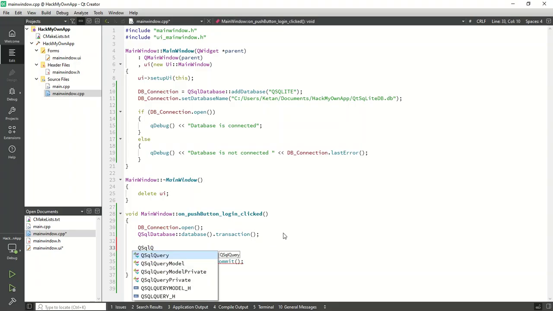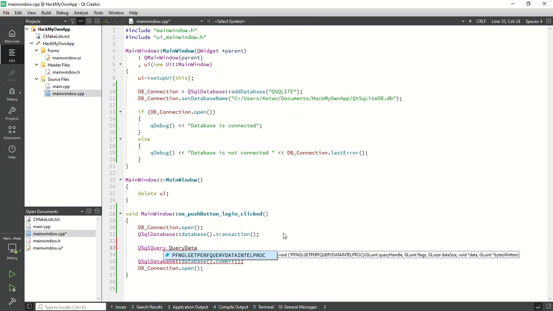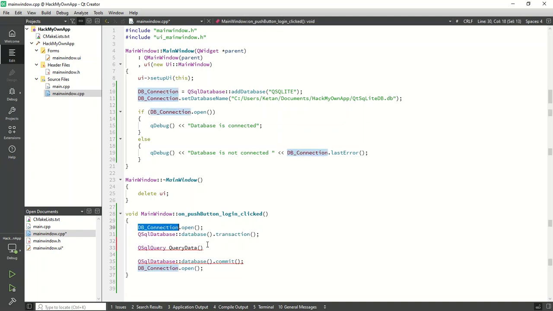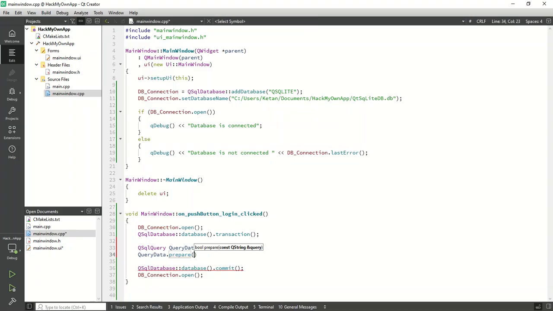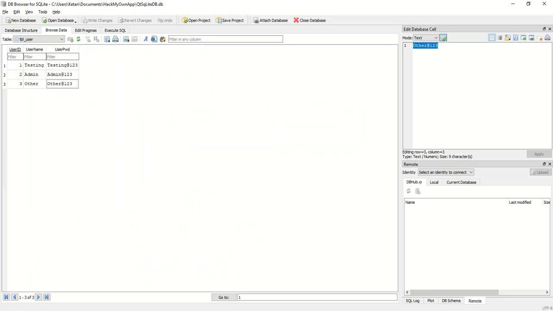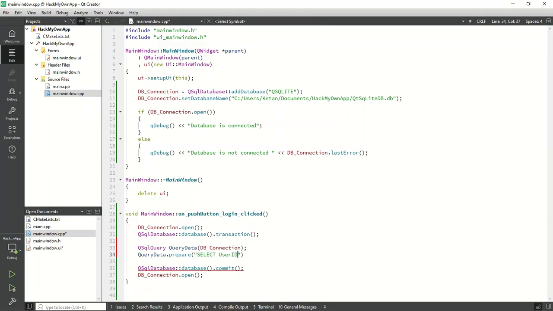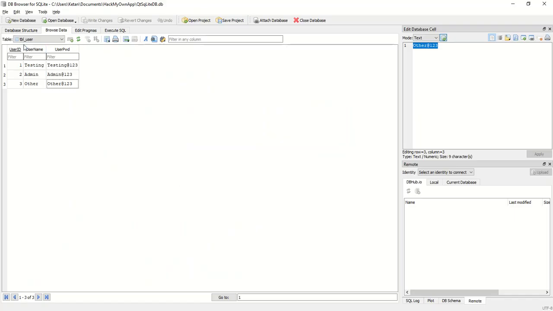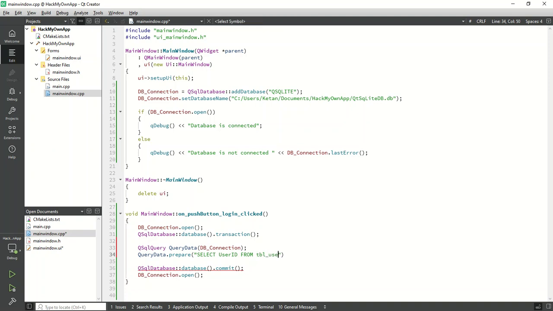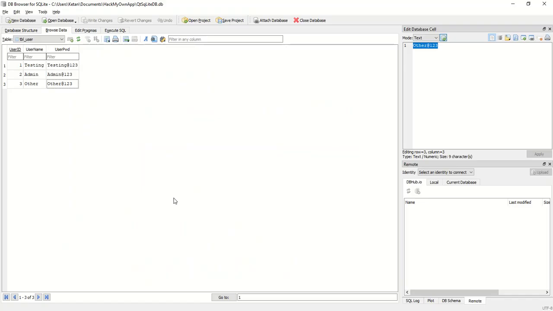So first of all we write a simple query and run it as it is, query data, just pass the connection. Okay, now let's prepare our query. So what is a simple query for the login application, any kind of login application. Select, here we have to provide the user ID, so we fetch the user ID from the table name tbl user, where our username